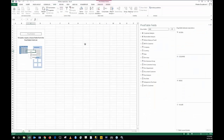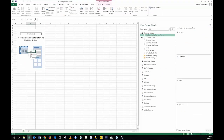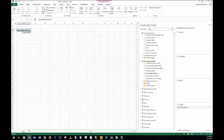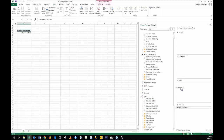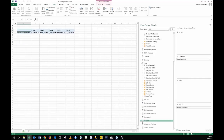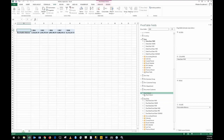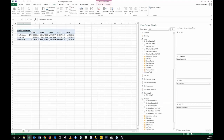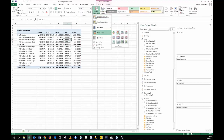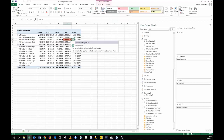And let's look at a scenario where we are analyzing receivable balance. This is the smallest area. It's the easiest way to understand. And we'll bring a balance over here, and we'll analyze the aging by the due date, due analysis, like this. So let me just give some colors here to see more information, what is good and bad, and so on. Now, suddenly we see that there is a big number, 5 million,